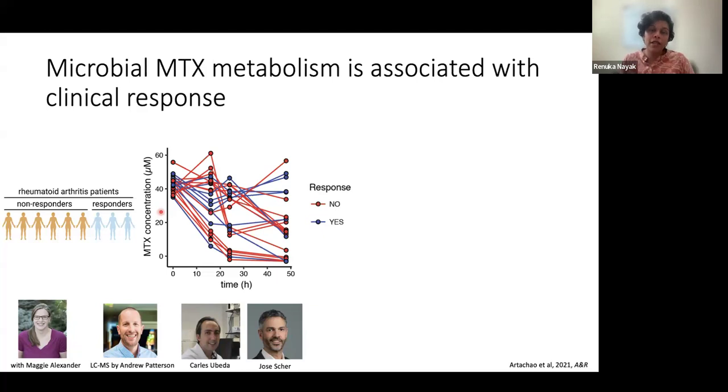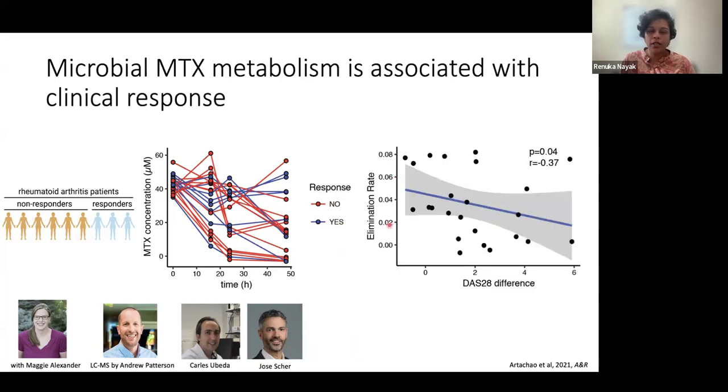And in these ex vivo studies, so now outside of the human, in a petri dish or in a test tube, we incubated those microbial communities. So now these are complex microbial communities with lots of different organisms with methotrexate, and then looked at what happened to methotrexate over 48 hours. And what we can see is that some microbial communities from some of these patients quickly metabolize the drug, and other microbial communities really don't. There's a lot of variation across people's microbiomes as to whether they metabolize methotrexate or not. And then when we overlay whether those patients are responders or non-responders, we tend to see that non-responders quickly metabolize the drug.